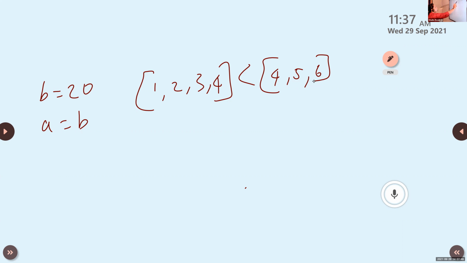Here 1 less than 4 is true. Then 2 less than 5 is also true. 3 less than 6 is also true. So this will result in true.